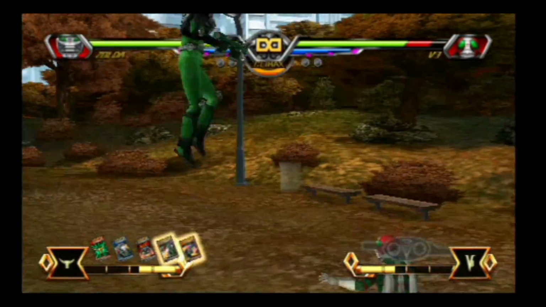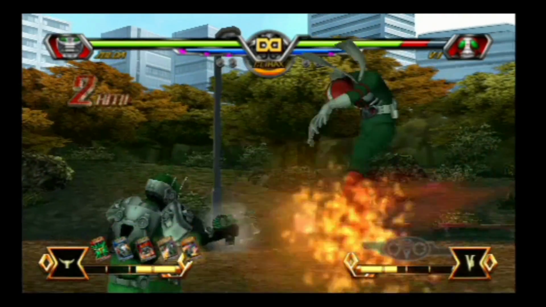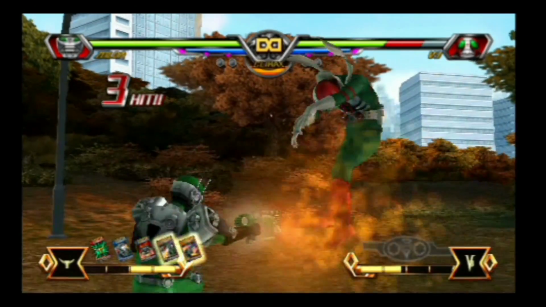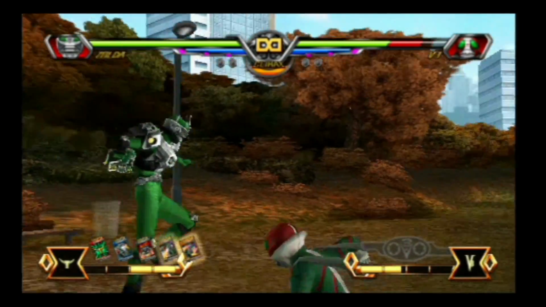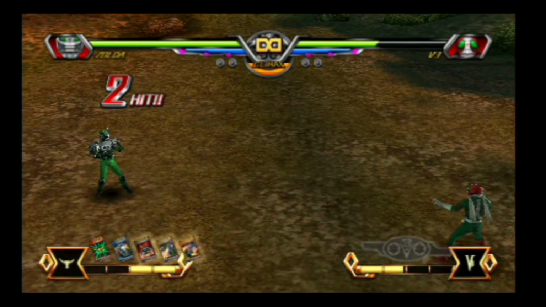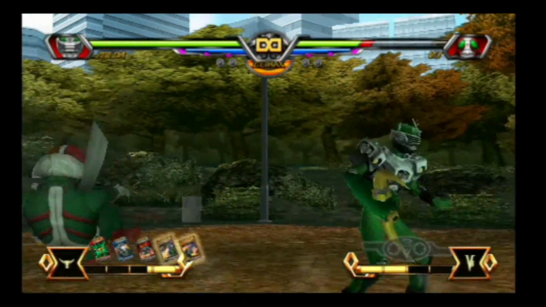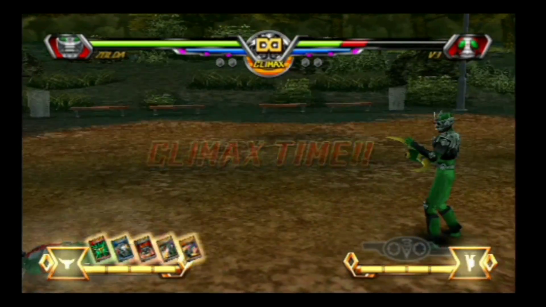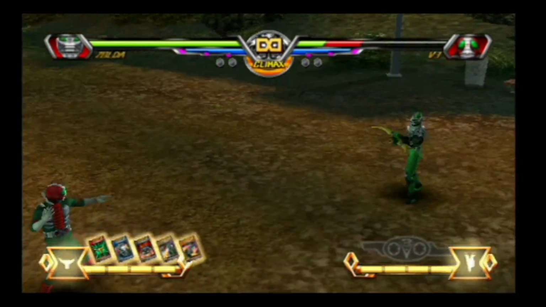Also, as you can see, I have some cards down near my rider gauge. Those are my Advent cards. I have 5. Not every rider, but most have between 3 and 5. I have the ability to use Strike Vent, which gives me a horn weapon. Shoot Vent will give me a large cannon that's really unwieldy. And Guard Vent will allow me to either...